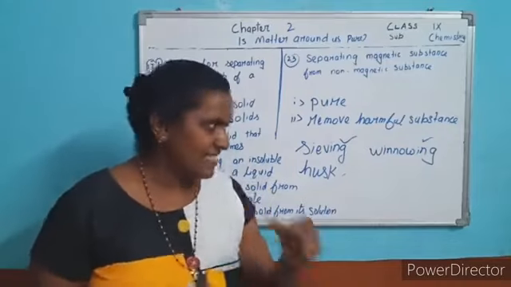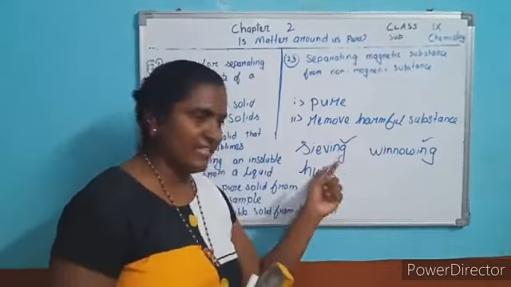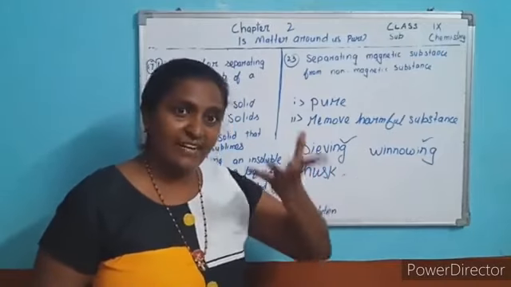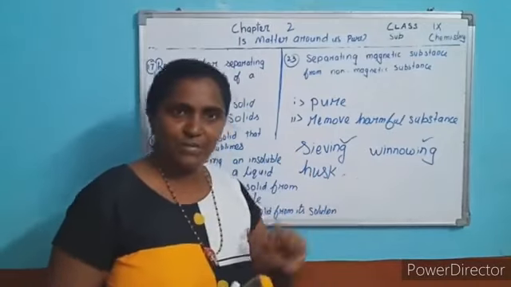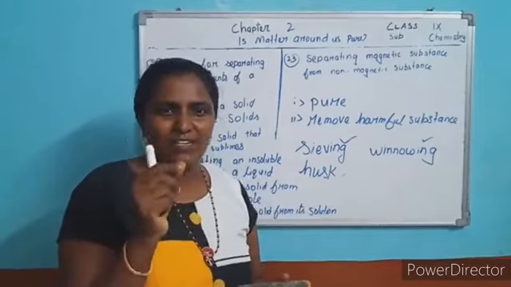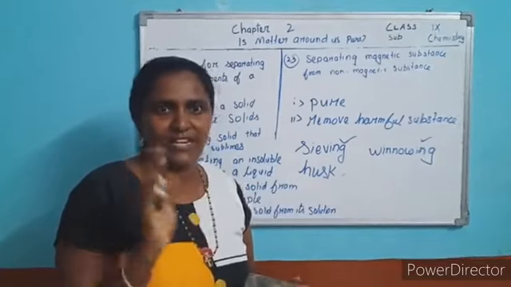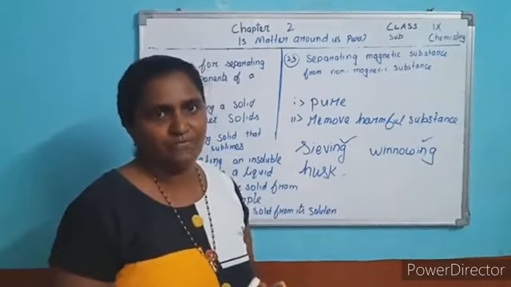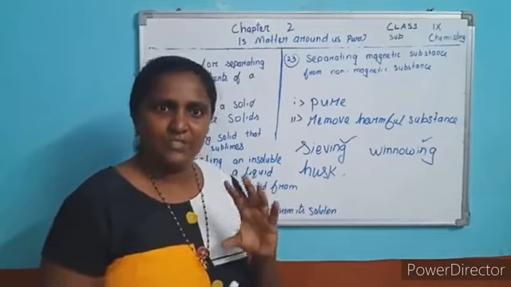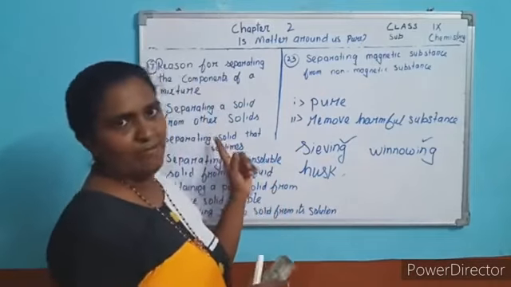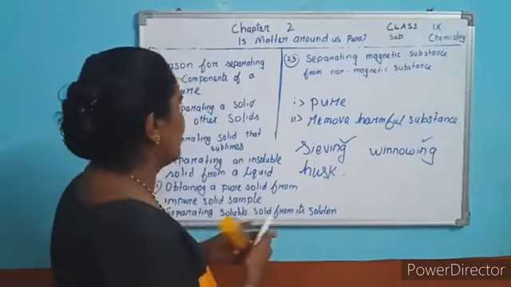If there is a size difference, you go for which one? Sieving. If there is a weight difference, you go for winnowing. If there is a color difference or stone, for example stone with rice, you can go for hand picking. This is a physical method which you have to follow to separate a solid from another solid. The third question is,